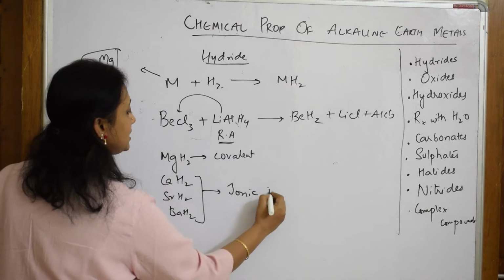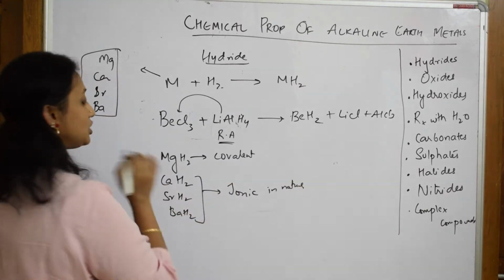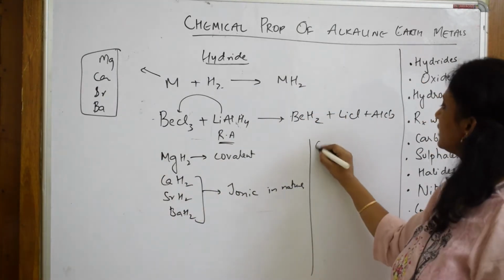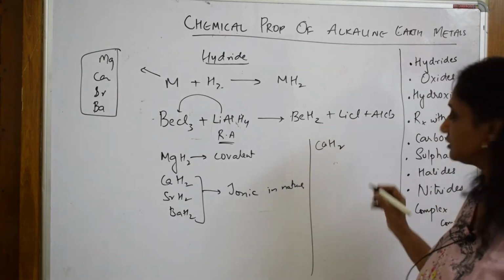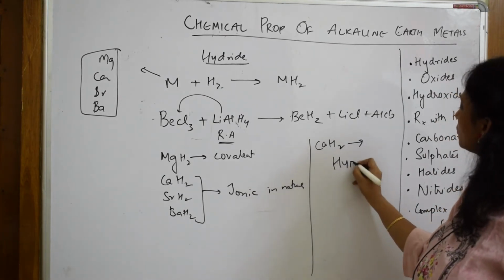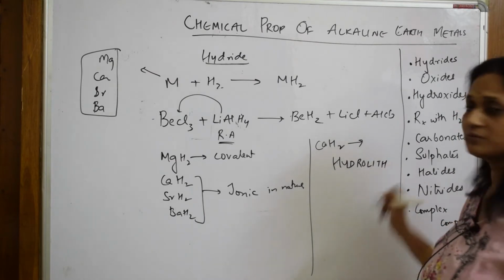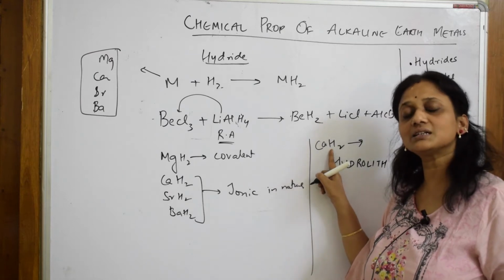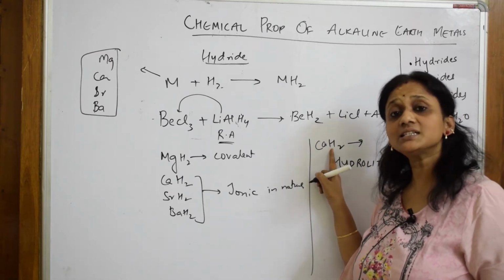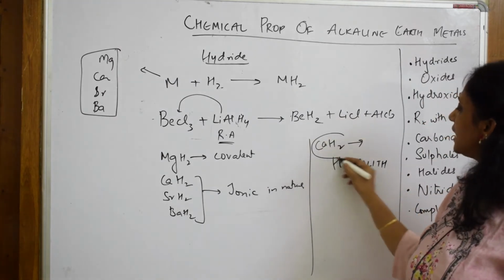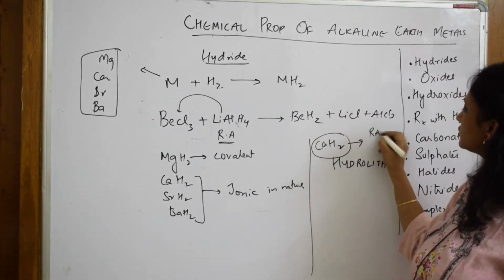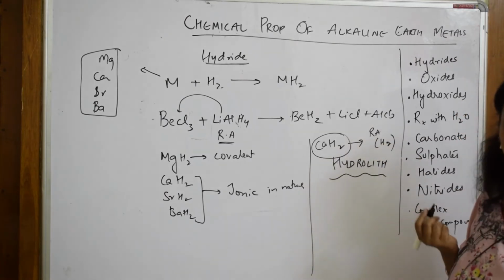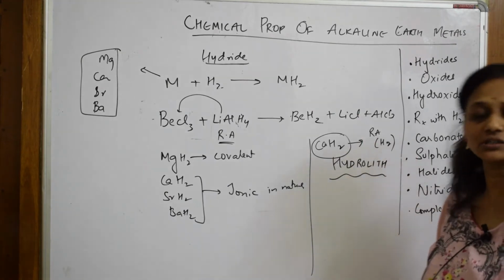But what is the speciality? Most important thing you have to remember, you may be asked, what is the nature of calcium hydride? Calcium hydride is also called hydrolith. What does hydrolith mean? Hydrolith means something which can act as a reducing agent. When I call something a reducing agent, what is it releasing? It is releasing hydrogen. So calcium hydride is called hydrolith as it is acting as a reducing agent. That means it is releasing hydrogen, so that's why we call it hydrolith. Remember this equation, right? Among the options, hydrolith, it's easy.